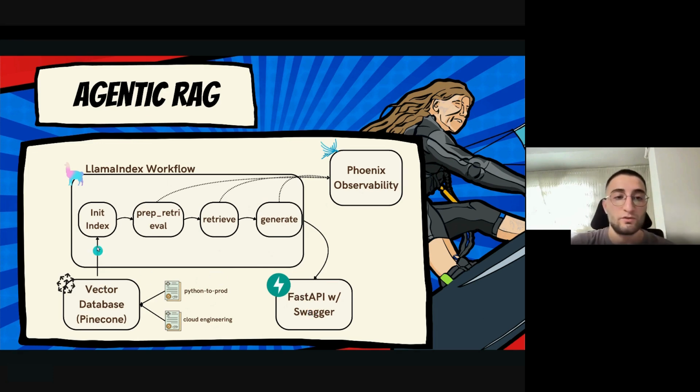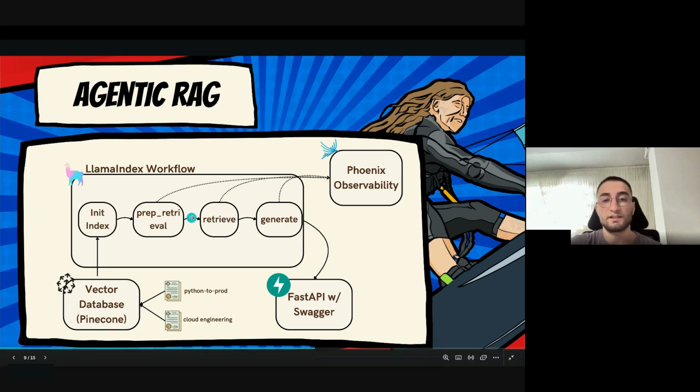These are more like working steps, and each node is more like an agent. The first step is initiating the index of the vector database. Then, if you ask a question, the second step is preparing this question for retrieval, like turning it into a vector, and then doing the retrieval from the vector database. At the same time, somewhere in here there should be some kind of re-ranker, and it's really important to implement a re-ranker to get better answers, and then generating the answer.